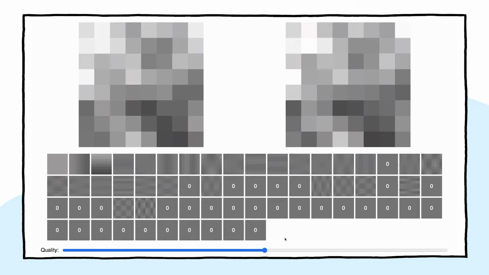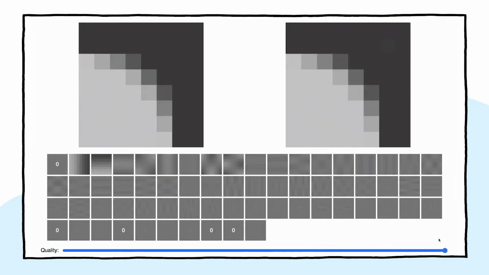Exactly. But let's take a different example. So this time a curve, which might be part of like a logo or something. And in this case, even a very small drop in quality is introducing noise that is very noticeable, especially if the color is solid on either side of this curve. That's low frequency data. This small amount of noise is really noticeable. It's like the circle in the sky, right? You'll see it very, very easily. And that's why lossy compression is not very good at sharp lines next to solid color.